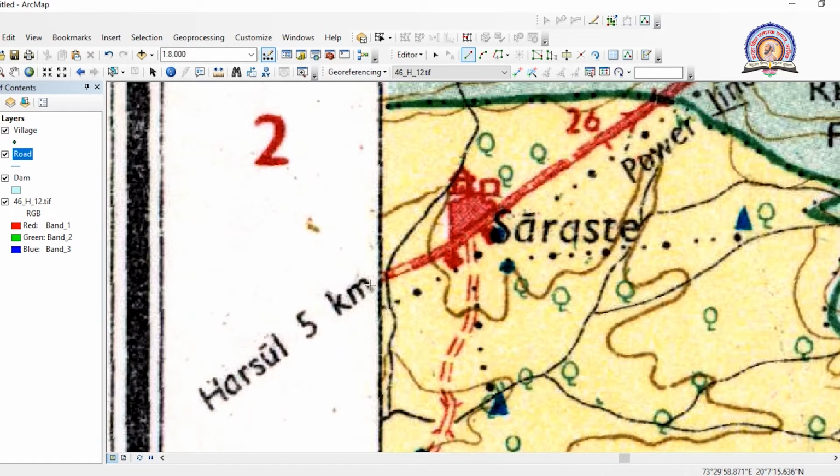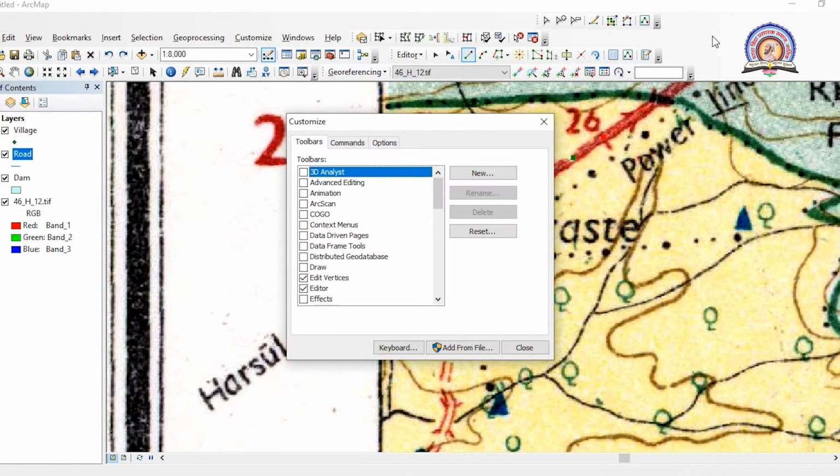Okay, so we have to start from a starting point, and from the center of the road we will be digitizing by simply clicking a left click. So left click, yes, you can see that I have just turned on a topology feature. One more feature I should be using over here, that is called a snapping feature.